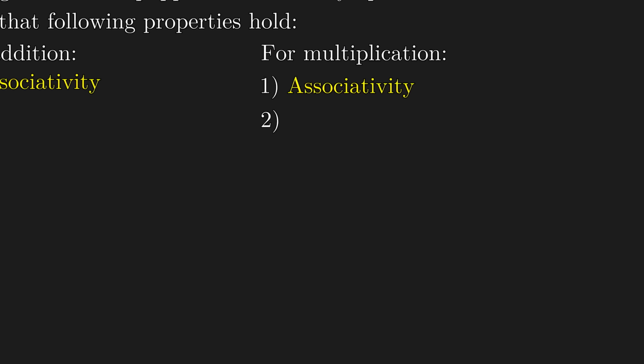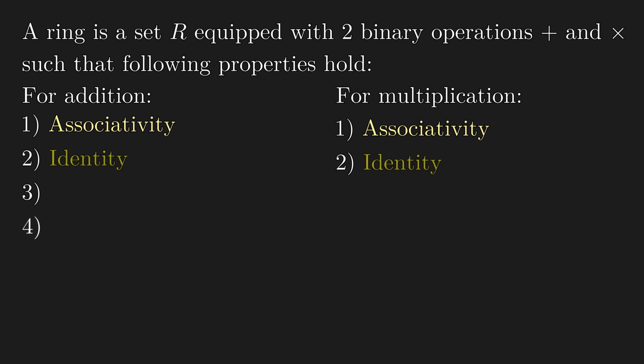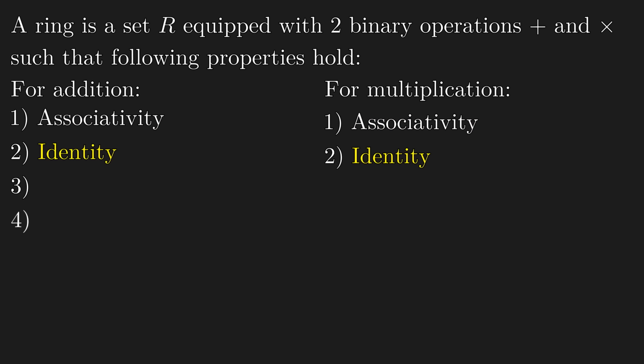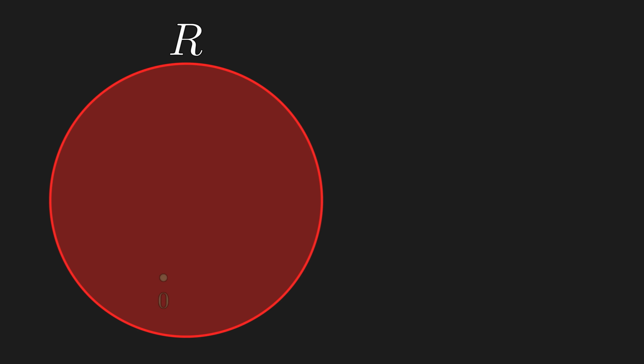And the next property that we want is the identity for both addition and multiplication. What does it mean? There exists a special element called the additive identity, which is often called the zero element, such that no matter what a you pick in R, a plus 0 or 0 plus a is equal to a. And similarly, there exists a special element, the multiplicative identity, which is also called unity, or sometimes just called the identity, which gives us a feeling that mathematicians privilege one operation over another.